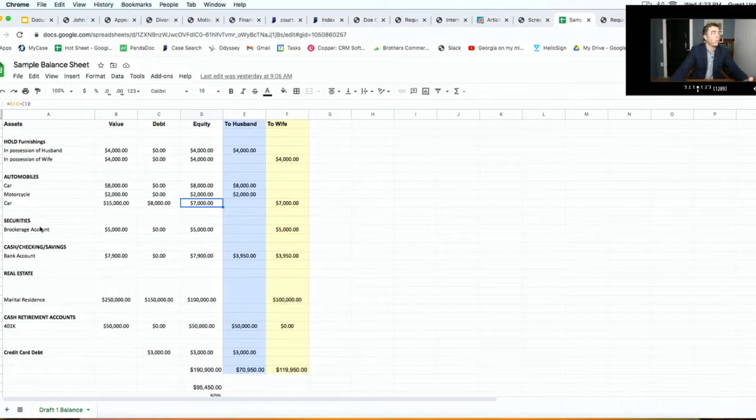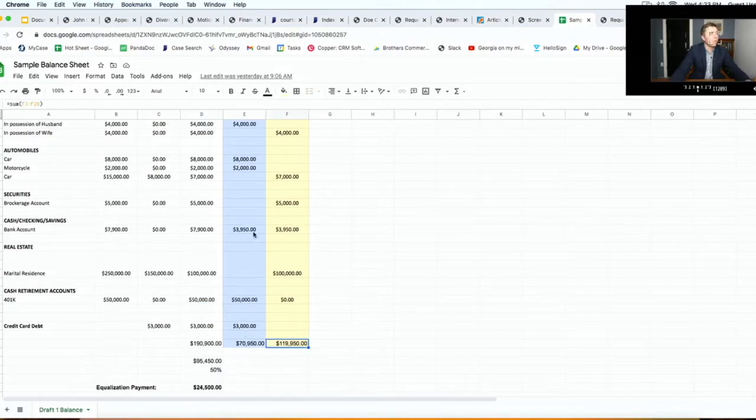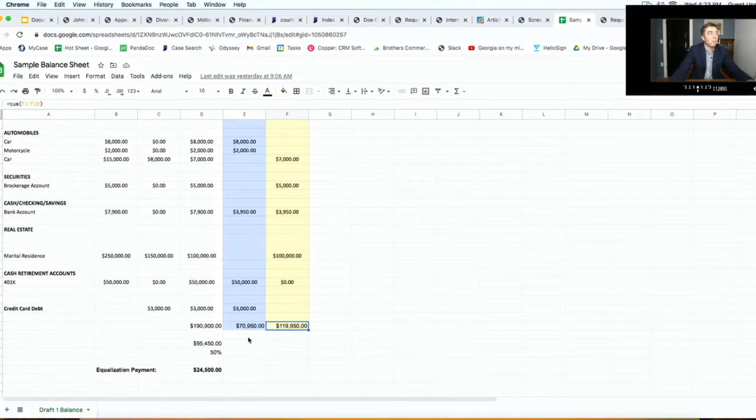It goes to securities, bank accounts, retirement accounts, the marital residence, here the value of the marital residence, the debt, the equity, and at the bottom, after you've assigned values to the property to the different parties, you could list out the sum that each party is receiving to see if it's close to a 50-50 split, or if not, what needs to happen. So here you can see the husband is getting less than the wife, and specifically there would